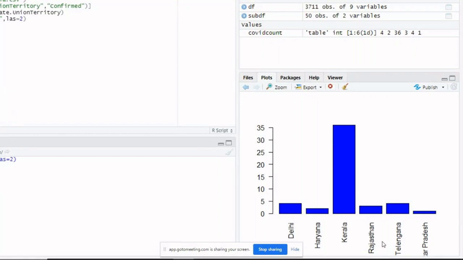So try to plot your bar chart with state names which are longer than Telangana, and we need to display it in a proper structure. So you can use init dot angle in such a way that all the state names are displayed properly.